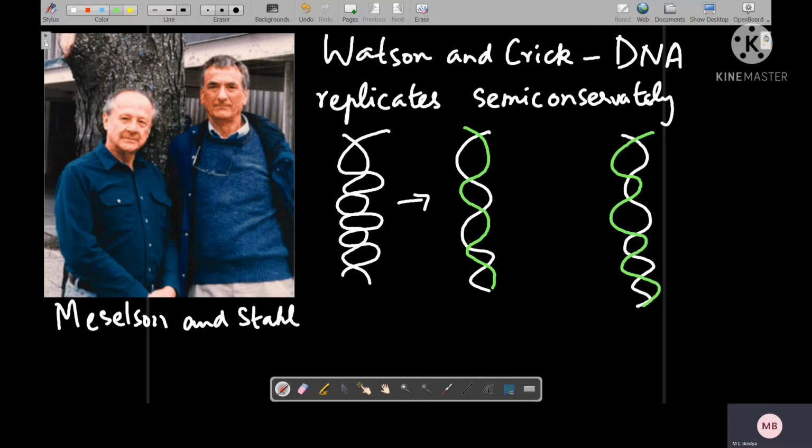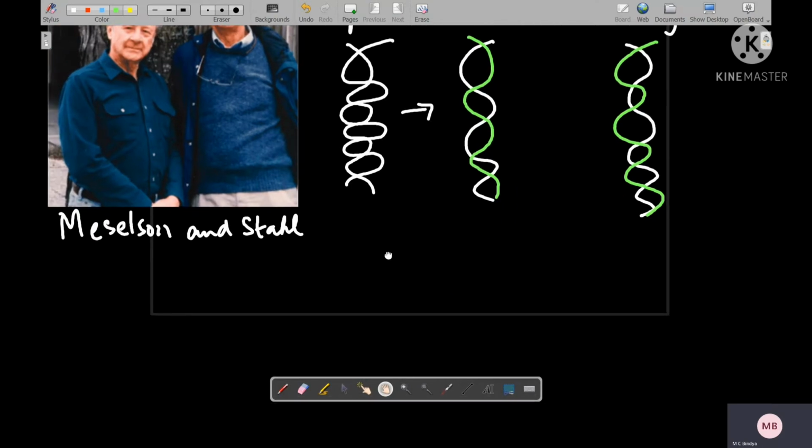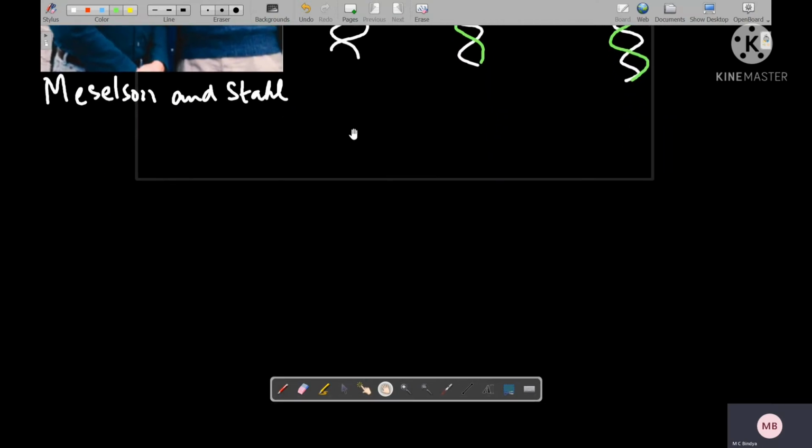As such, each DNA molecule has one parent strand and one new strand, not entirely new strands. They have one parent strand too. That's why they say DNA replicates semi-conservatively. And it is Meselson and Stahl that demonstrated that DNA replicates semi-conservatively by using E. coli, Escherichia coli bacteria. They cultured Escherichia coli bacteria